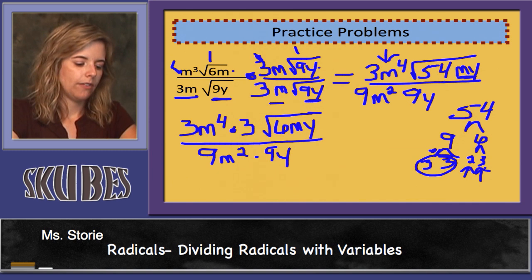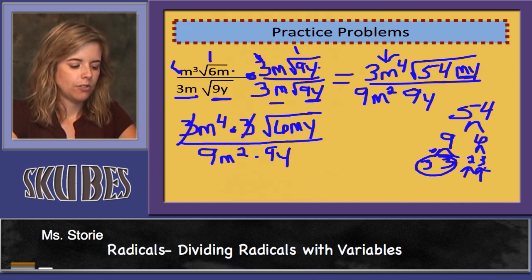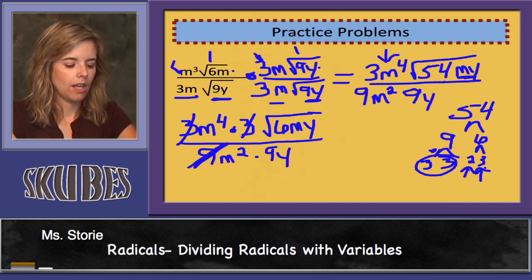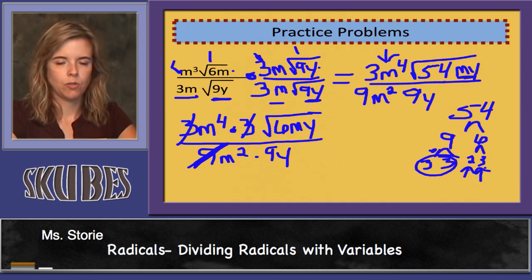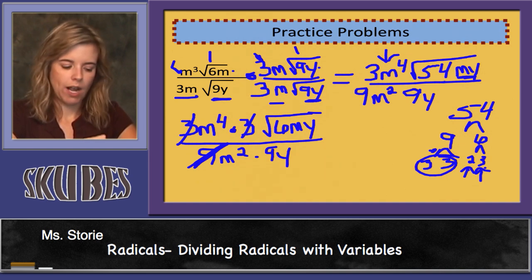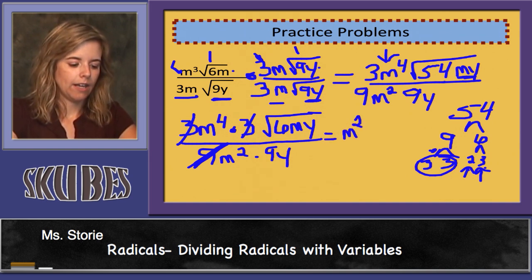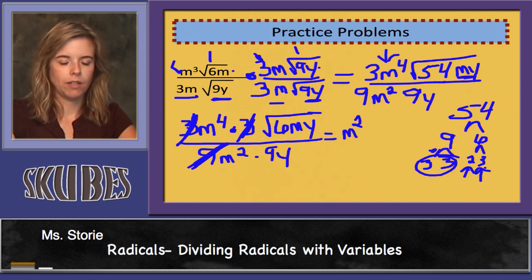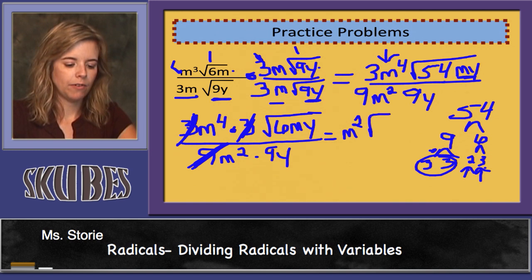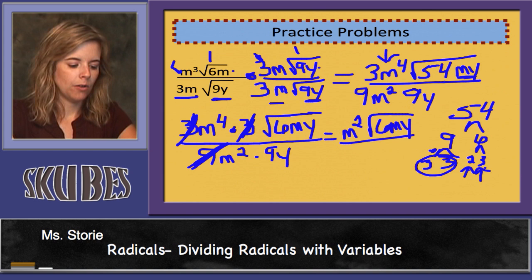So take a look. I've got 3 times 3, that's 9. So if I have a 9 on top and a 9 on bottom, I can get rid of one of the 9s. I have m to the 4th and m squared. Don't divide exponents, you subtract them. So 4 minus 2 is 2. So that means on the top, I have an m squared. And I reduced out those 3s with the 9 on the bottom, because 3 times 3 got me the 9 on the bottom. I still have my radical 6my, nothing to reduce it by,